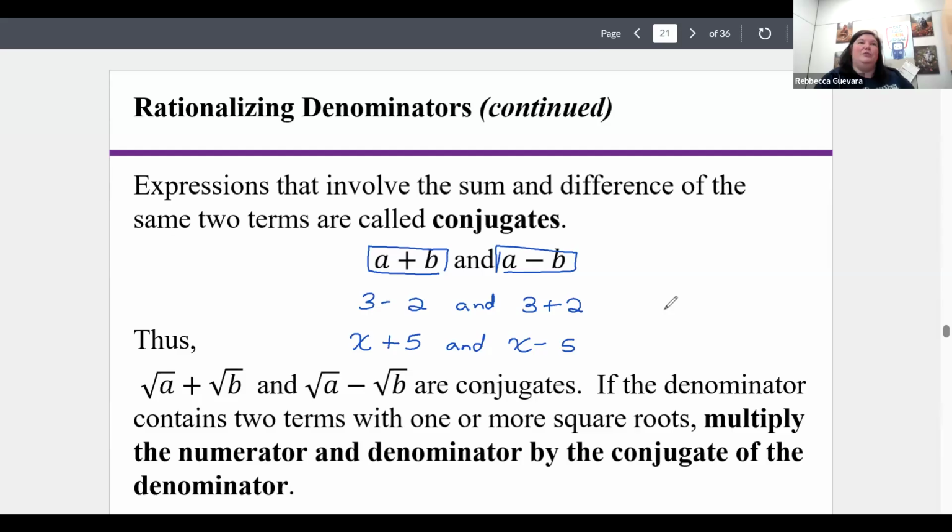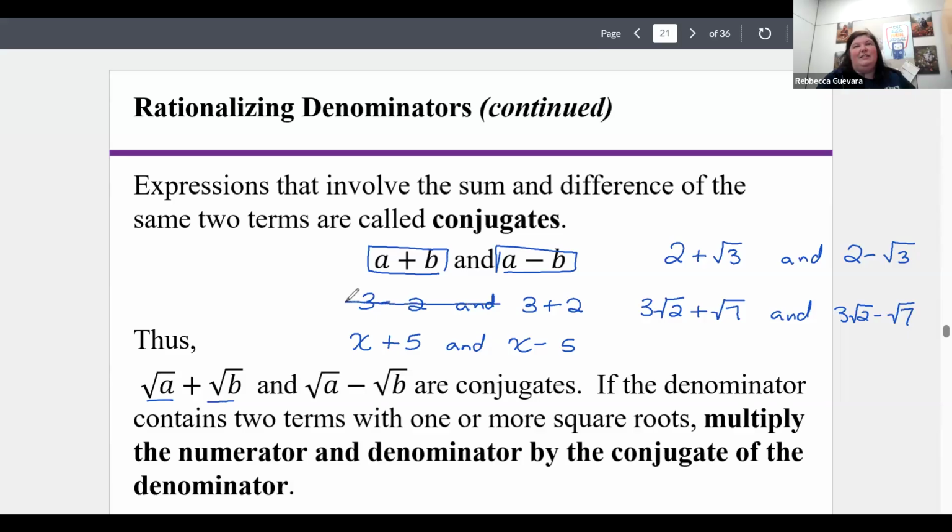In our case, like I said, we're going to use it with radicals. So you might see it with things like 2 plus square root of 3. Its conjugate would be 2 minus square root of 3. Or you might have 3 square root of 2 plus the square root of 7. Then its conjugate would be 3 square root of 2 minus square root of 7. Like I said, usually don't use it in cases like this. We use it with expressions like this that cannot be combined. So square root of a plus square root of b and square root of a minus square root of b